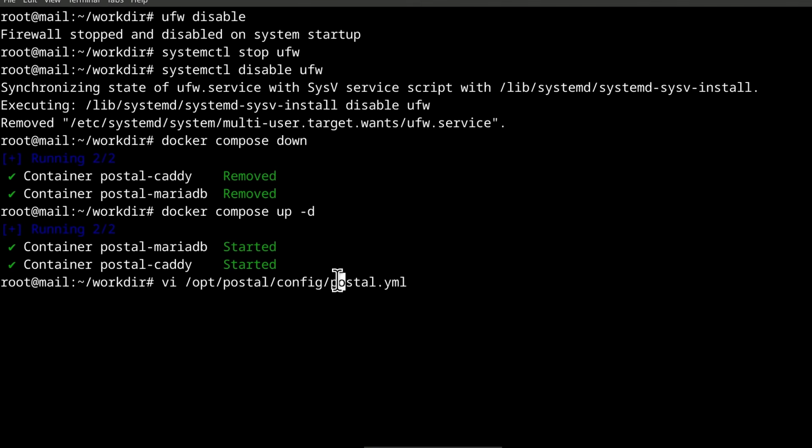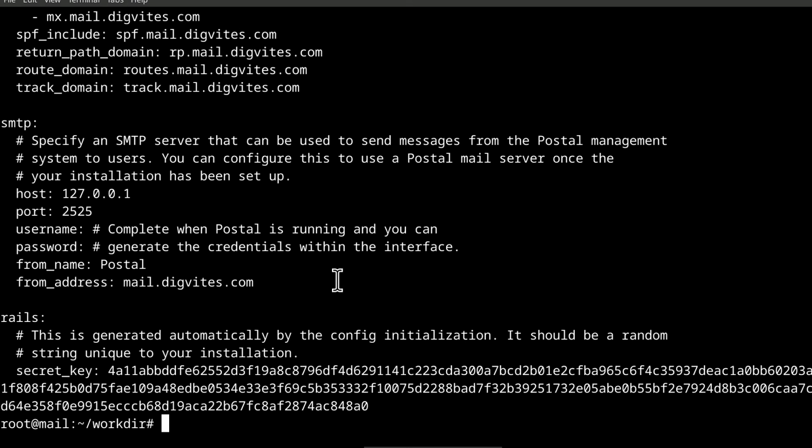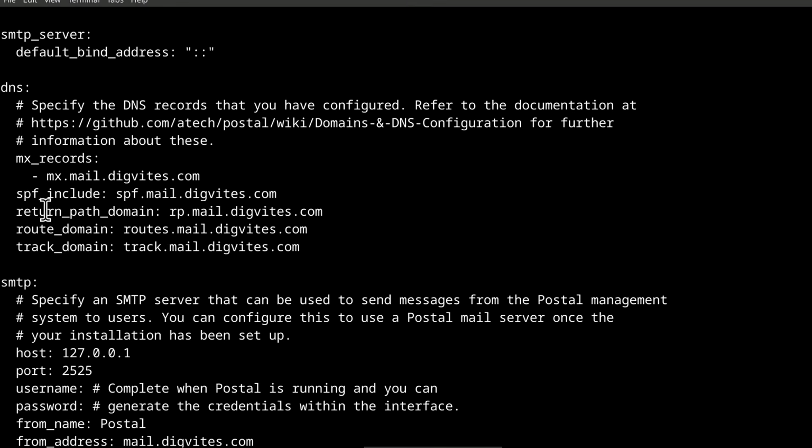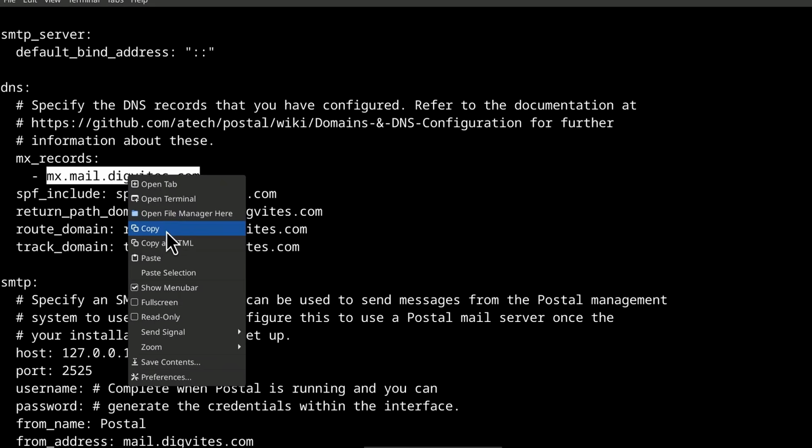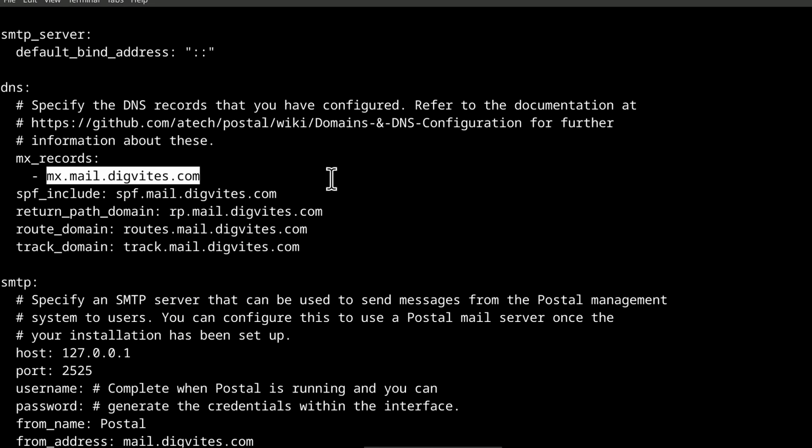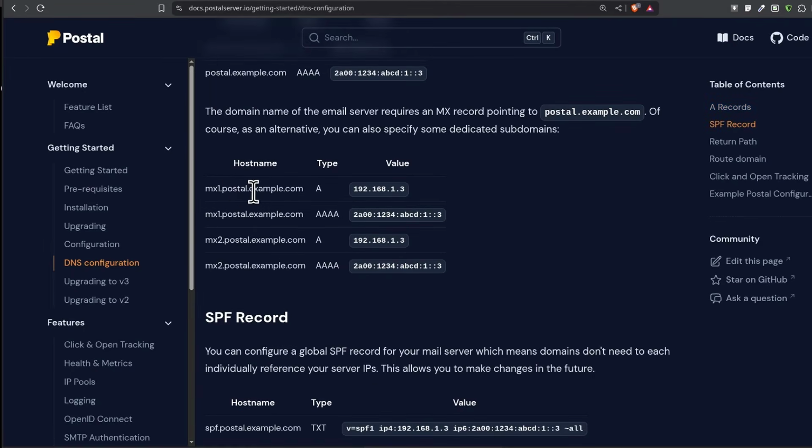So I want to look at Control A to go to the beginning of the line, and then I just want to cut it. And what I'm looking for is DNS. Okay, so here under DNS, we have this MX. So let's add this mx.digbytes MX records for all domains will be that. An A record for the MX records.